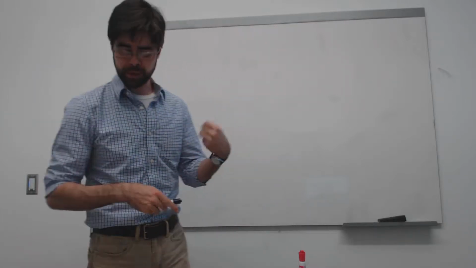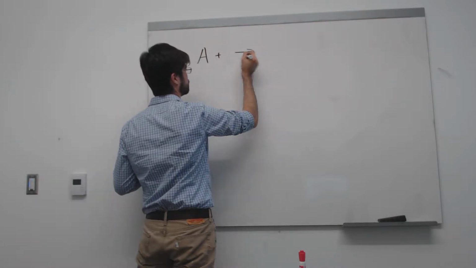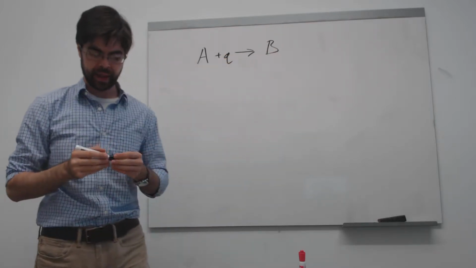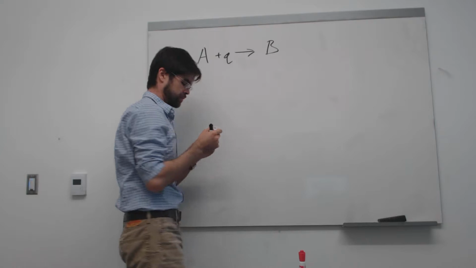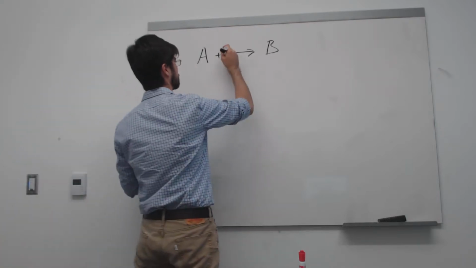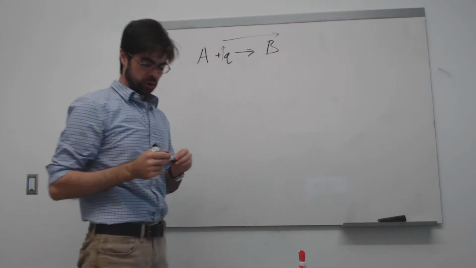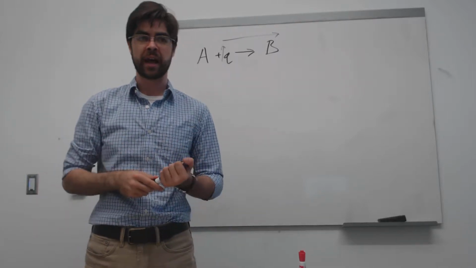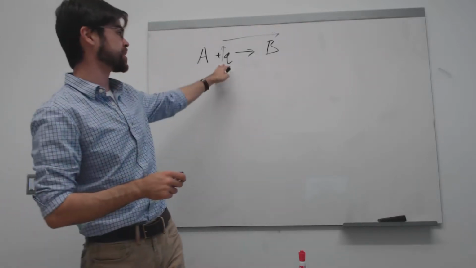But a quick and dirty way to predict, not explain, is to say, okay, let's say I had some reaction where I go from A to B. It's endothermic, so we think of heat as being like a reactant. If I increase the temperature, that is like increasing the concentration, increasing the amount of heat, so that shifts the reaction to the right. Again, that is not how you actually explain it. That's just a quick way to predict whether raising the temperature will shift a reaction to the left or right,